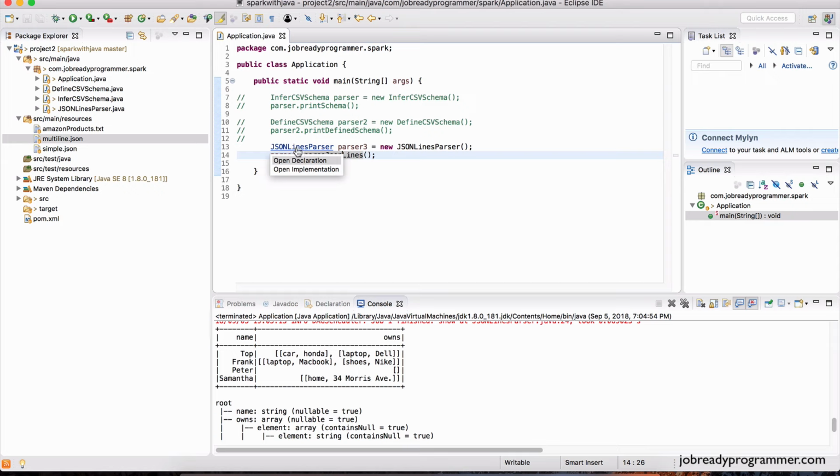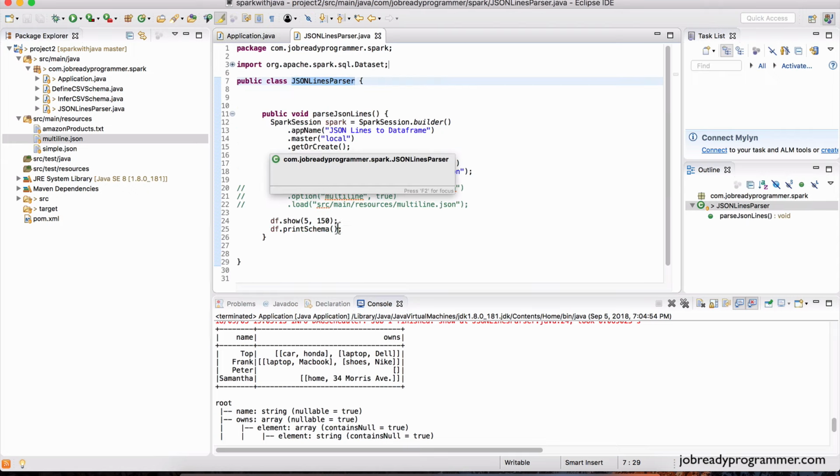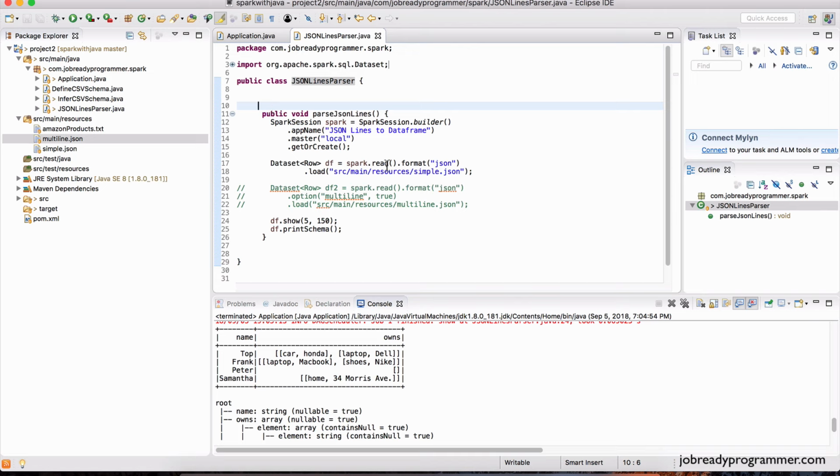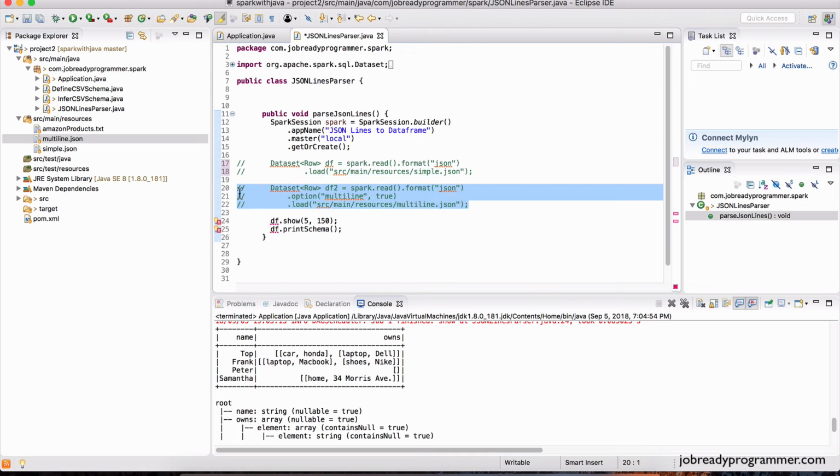Now let's go back to the JSON lines parser file real quick. We cannot parse that file as simple.json like we did. Let me comment this out and uncomment this portion right here. The difference is, first of all, it's referring to the other file, which is multiline.json, and then there's another property here, which is multiline equal to true. So we're tagging on this option to let Spark know that, hey, we're going to have documents that span